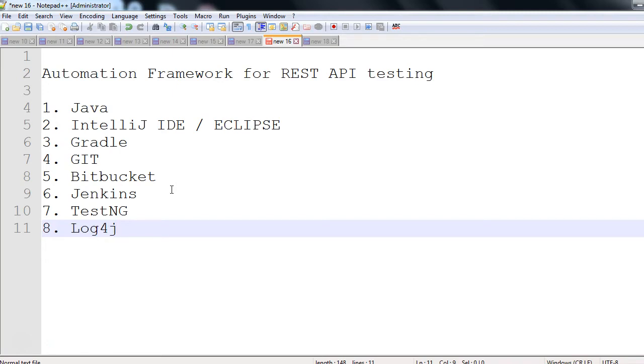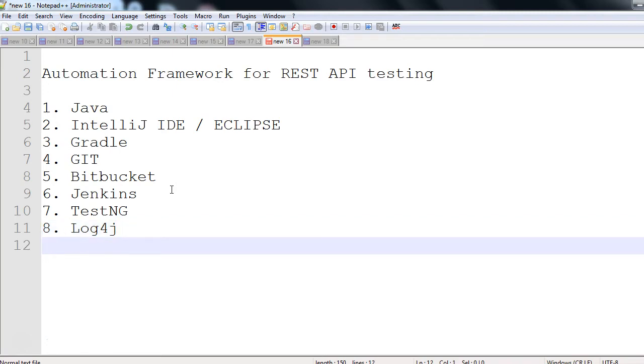This is for logging purpose, and also some reporting library we might need. Reporting library, for example, let's say Extent Reports or Allure reports.